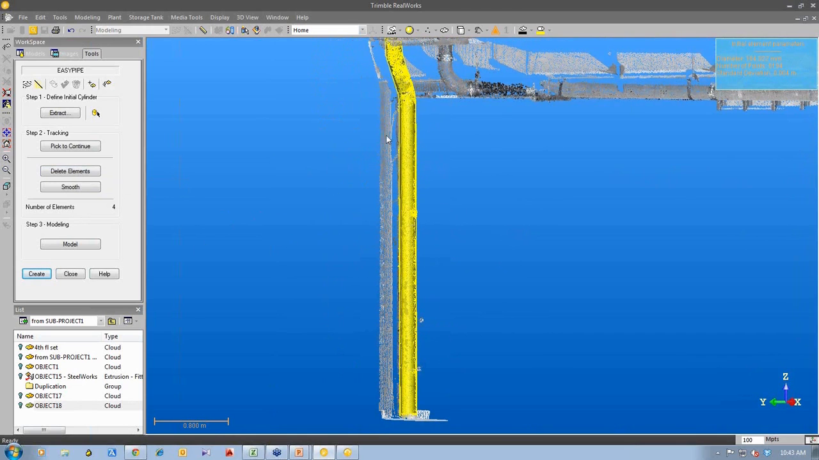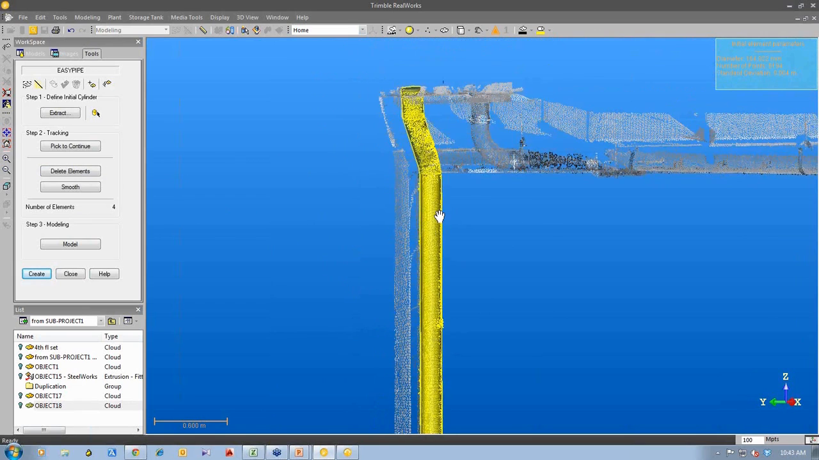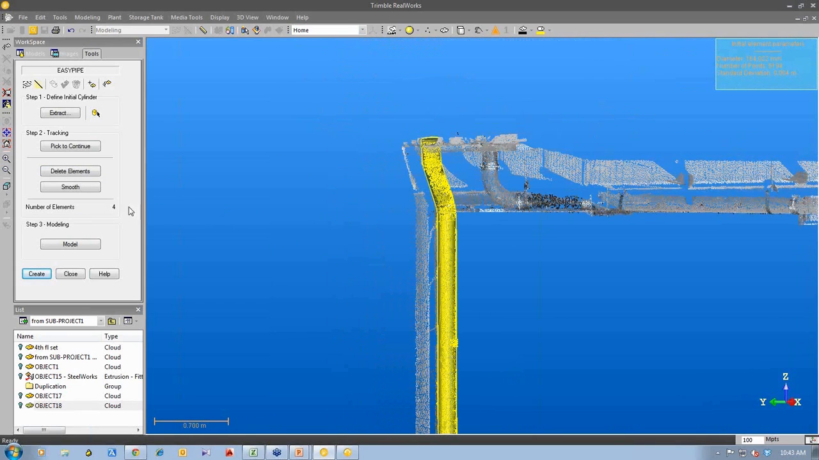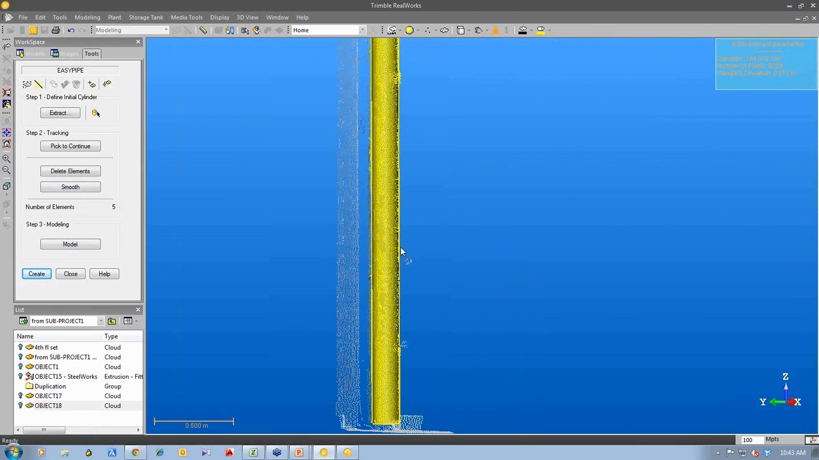So now what we want to do is smooth the elements. You'll notice that it's made up of right now lots of different pieces. So we're going to smooth it, and then we're going to model it. So now we have a nice smooth model,